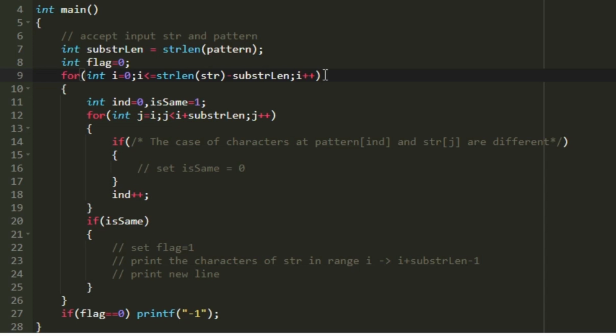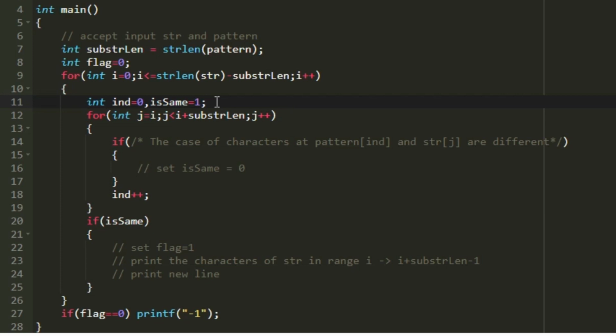So the starting index would be i and the ending index would be i plus substr_len minus 1. So the characters present in this range would be the different substrings. Before that I am creating some integer variables index and a variable named is_same. So we will be using this to check whether the substring matches the pattern or not.